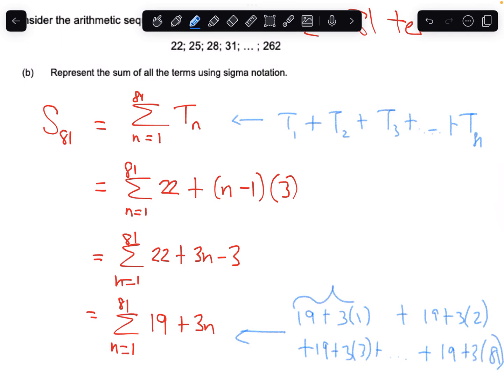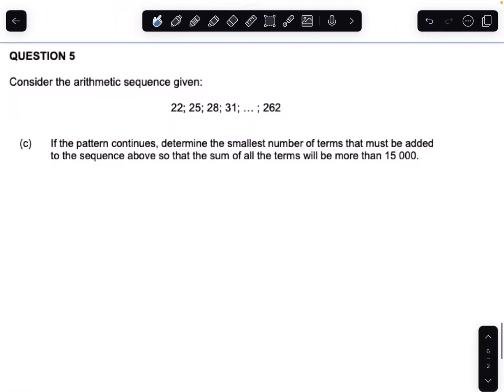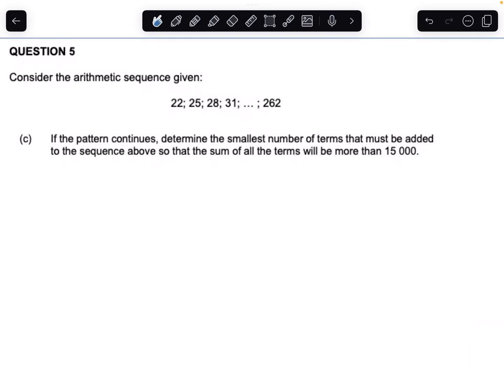And this you can just sanity check is indeed correct. The first term is 22. This is 19 plus 6, which is 25, which is your second term. This is 19 plus 9, which is 28, and that is indeed your third term. And then over here we've got 243 plus 19, which is 262, which is indeed your last term. Okay, so sigma notation done and dusted. Last question says, if the pattern continues,